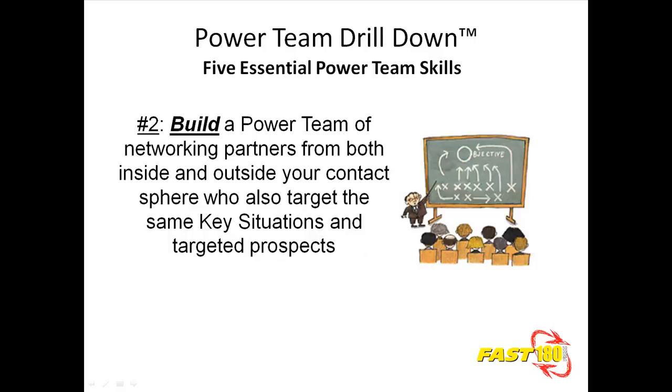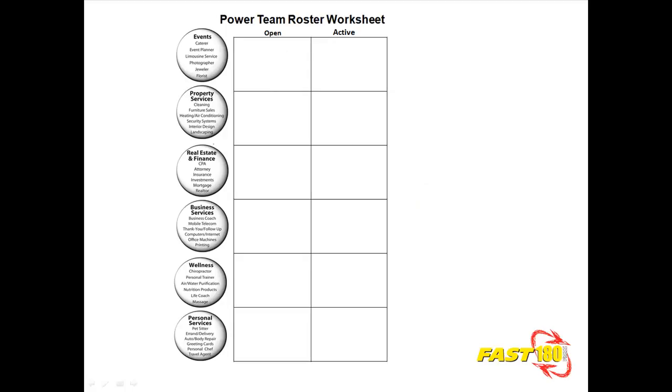The second of the 5 essential skills is to build a power team of networking partners from both inside and outside your contact sphere who also target the same key situations and targeted prospects. So the idea is that you're getting together with your networking partners, you're seeing what key situations you have in common, and then you begin to identify the Golden Goose referral sources that you share, how to recognize your targeted prospects,